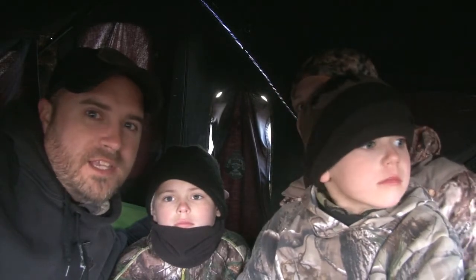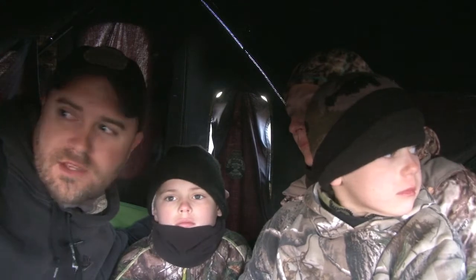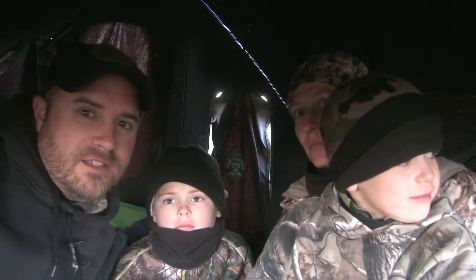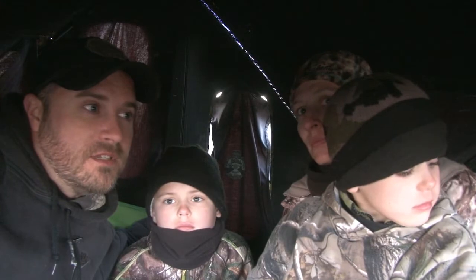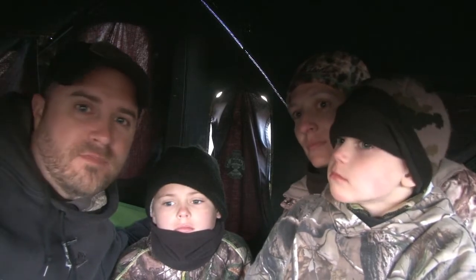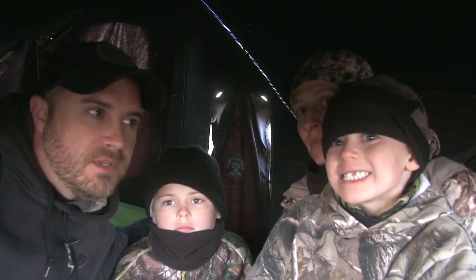We moved our blind yesterday when we got done hunting because most of the birds were over here to our west and they were coming across this big open field. So we came right out here in the middle of the field, and wouldn't you know it, they roosted back where they'd been roosting. So we had about 4 hens out here behind us. We had a couple more hens come from the west, and then we had these 3 gobblers come up and